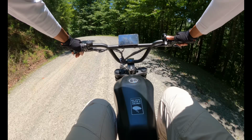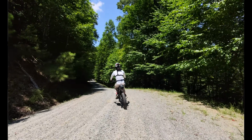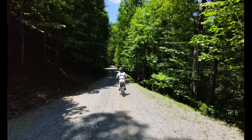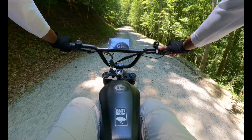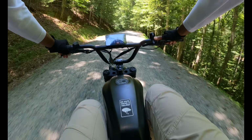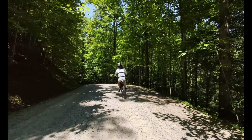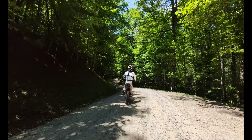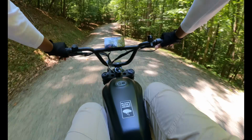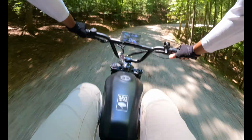Hydraulic disc brakes grip 180mm rotors at both front and rear, offering strong bite from the very first millimeter of lever travel. On long descents through the mountains, where switchbacks and steep pitches demand precise speed control, you can dial in exactly the braking power you need, releasing the pressure smoothly when it's time to let the bike roll again. This level of modulation makes the Cougar feel like an extension of your own reflexes rather than a lump of